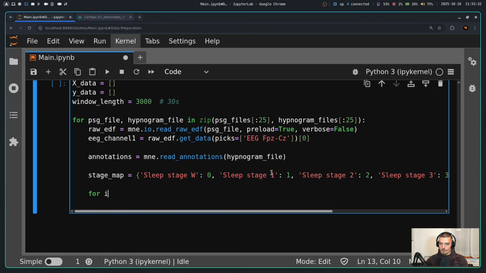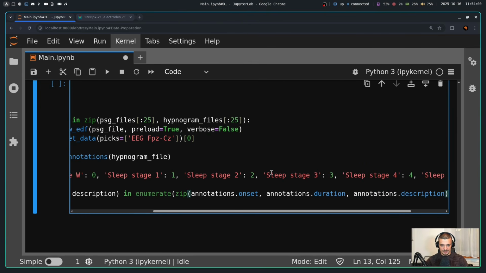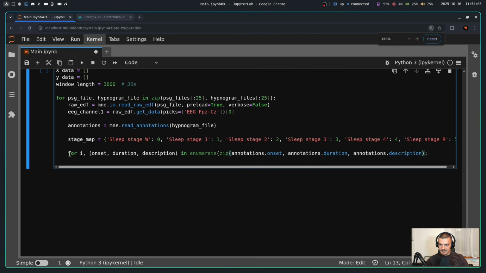So we're going to say here for i, and now we're going to do something fancy. We're going to enumerate and we're going to zip. So I'm going to have here onset, duration, and description. And this is going to be in enumerate, zip, and then annotations.onset, annotations.duration, annotations.description. So let me zoom out so you can see what I'm typing here. We basically have for i, onset, duration, description, enumerate. This is where the i comes from. And then zip, we're zipping all of these together. I need one more closing bracket here, but basically we're zipping them together and we're getting them here as onset,